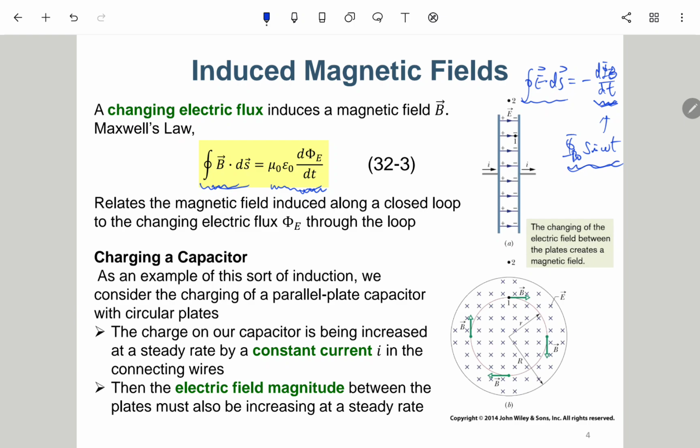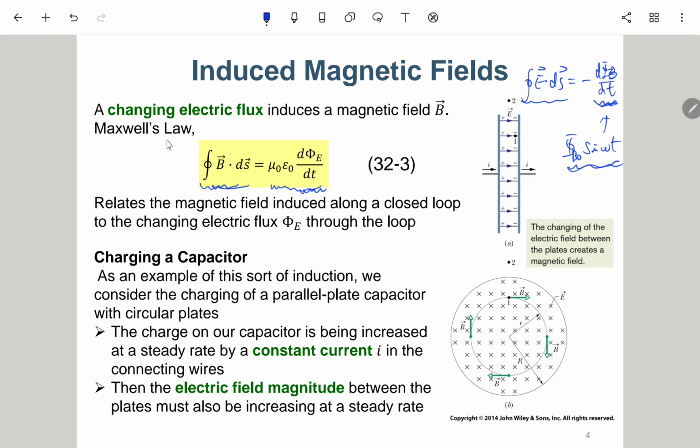That is a simple explanation of why there is electromagnetic wave. 但严格的数学的话，后面会再讲，33章会再讲。